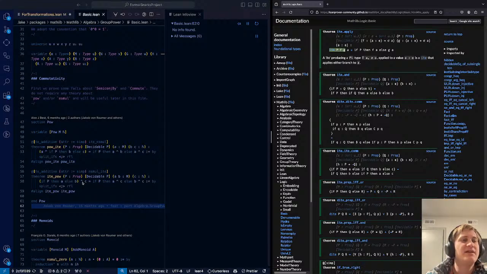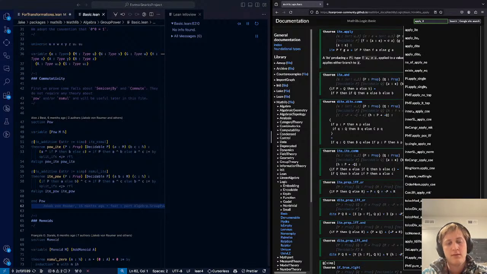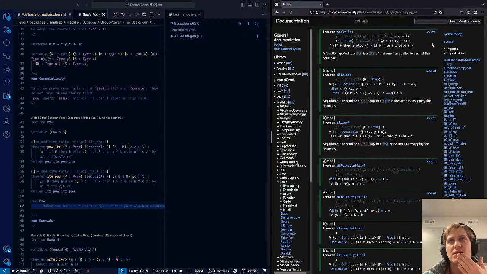Here, what we have is a particular function. It's a little confusing because here it's a binary operator, the POW operator. But what we actually have here is something like apply ite. I wonder if there's this.